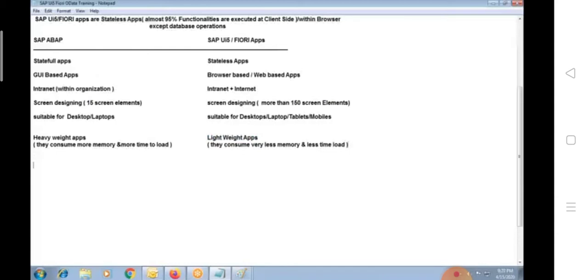Similarly, normal ABAP applications are not suitable for internet features, or I can say web-enabled features. ABAP applications don't support most of the web-enabled features.